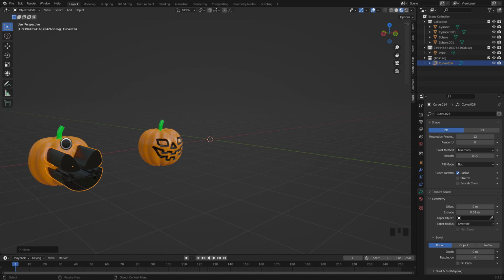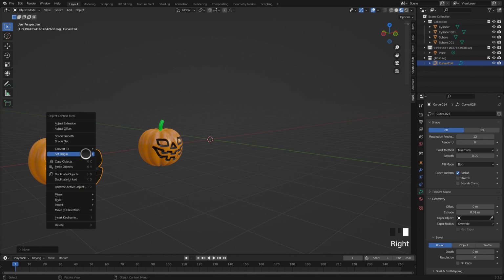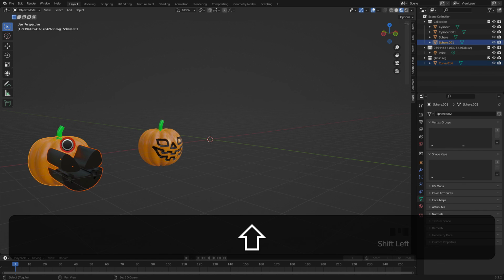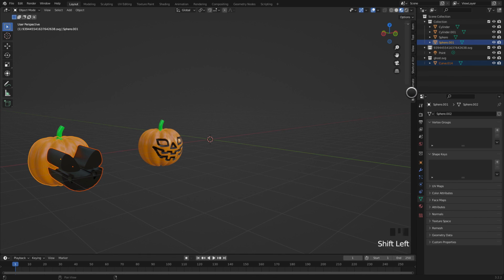Right click, convert to mesh. This is the important part. Set, go to bool,